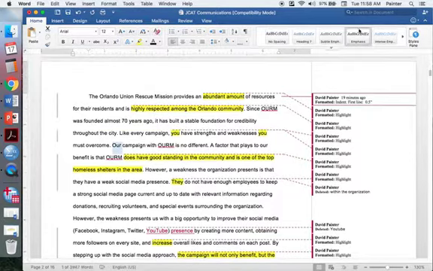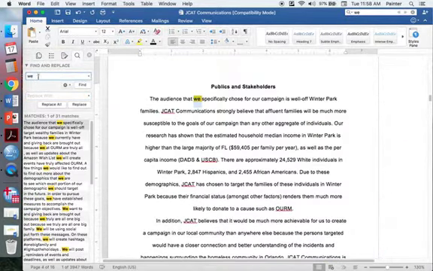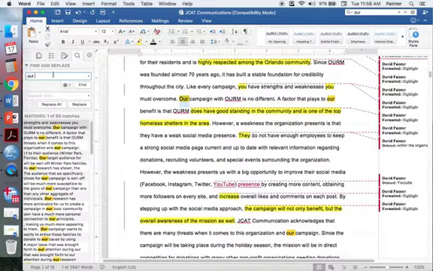Our campaign, so there's a lot of first person. Let's look in here. We want to limit the first person usage. So let's see, there are 31 uses of we, which is about 15 too many, and 58 uses of our. It's not the campaign or the target audience or this campaign or the Glee for Under the Tree campaign. It's our campaign. So you want to pull back on all of this first-person narration. In fact, you should only have about 15 total uses of we and our throughout your whole campaign.